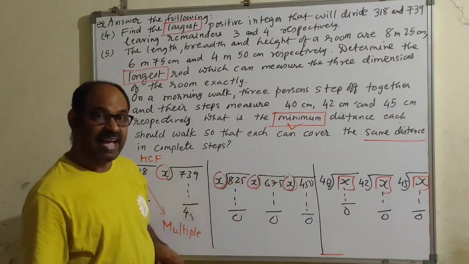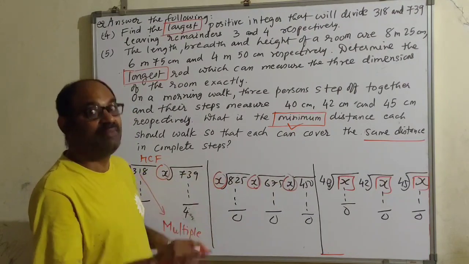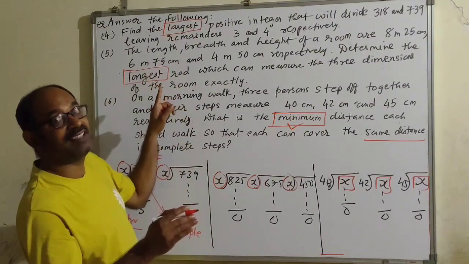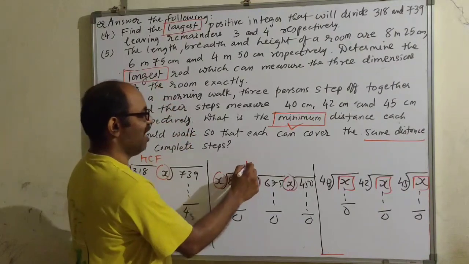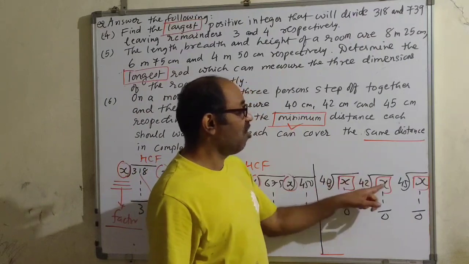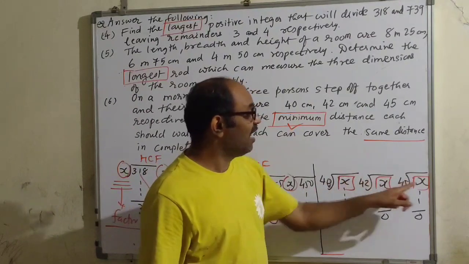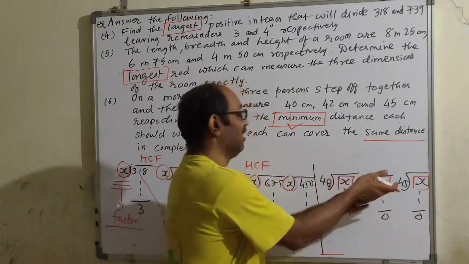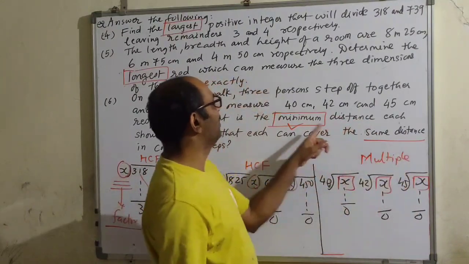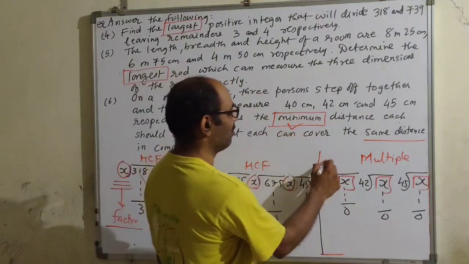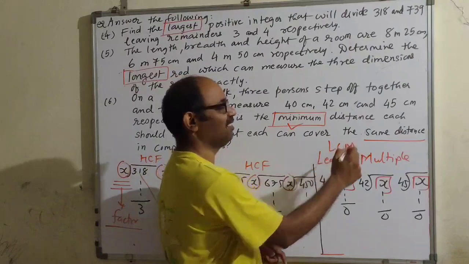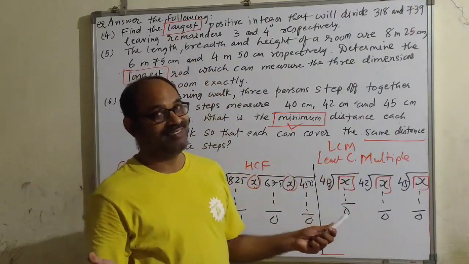Again, what is common? X, and it exists as a divisor, which is a factor. And already you had the hint, longest, largest. So this is largest factor, highest common factor. Getting it? Now what is common? X. It is existing as dividend. Now dividend is a multiple, and already the hint was there. Minimum means least, so this is least common multiple. So here you have to find LCM. I hope you got it.